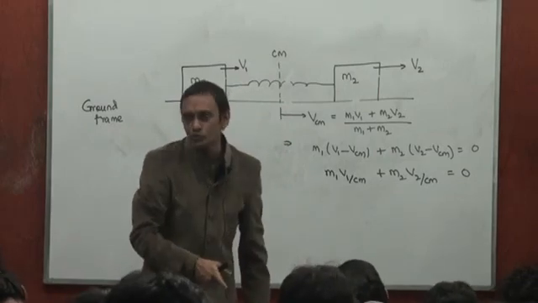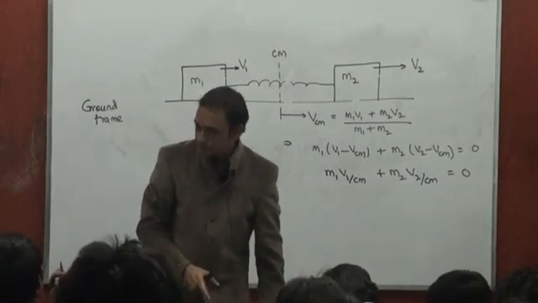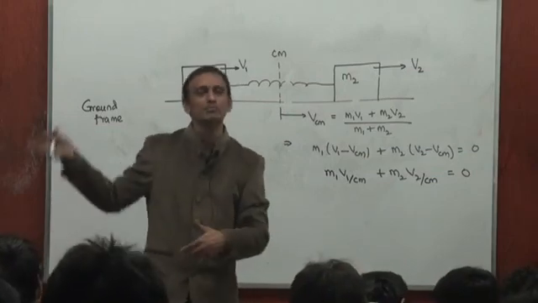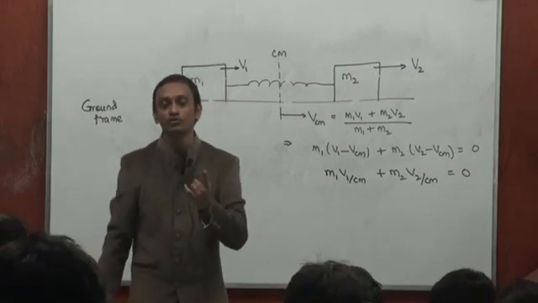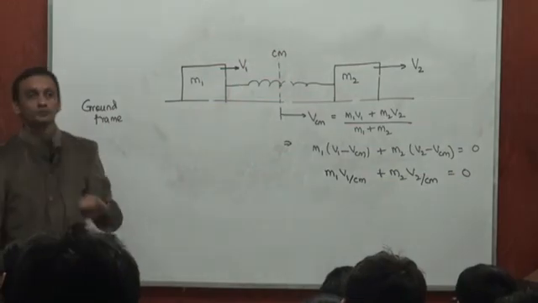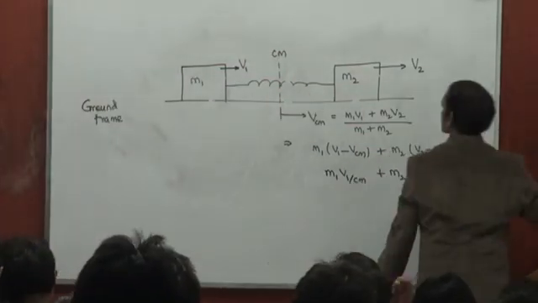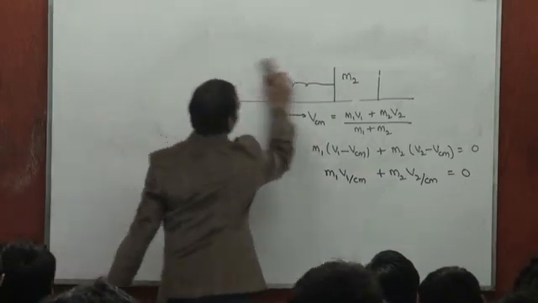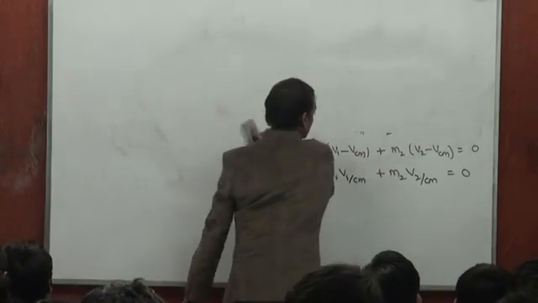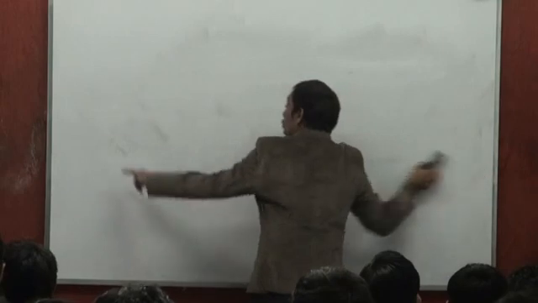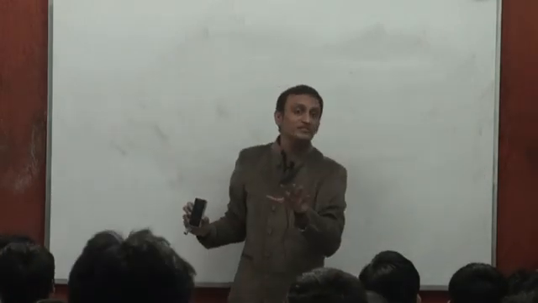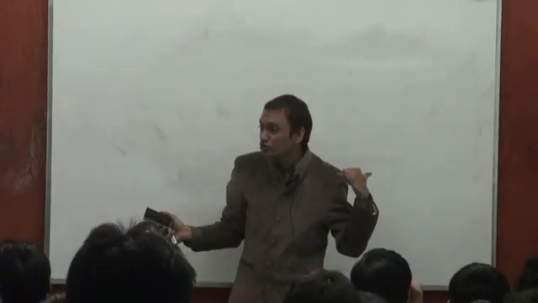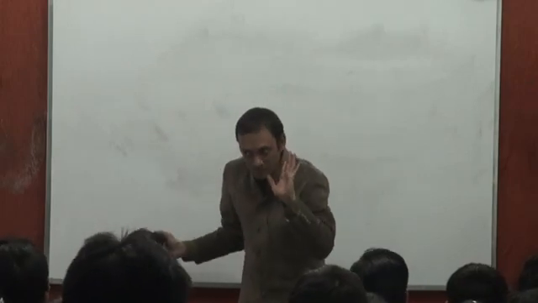This is a very important thing to understand, right? Not just for two particles, for any number of particles, the same result will hold good. Number one. Number two, even though in the ground frame the linear momentum was m1 v1 plus m2 v2 of the system, in the center of mass frame it turned out to be 0, right? Another important remark is,